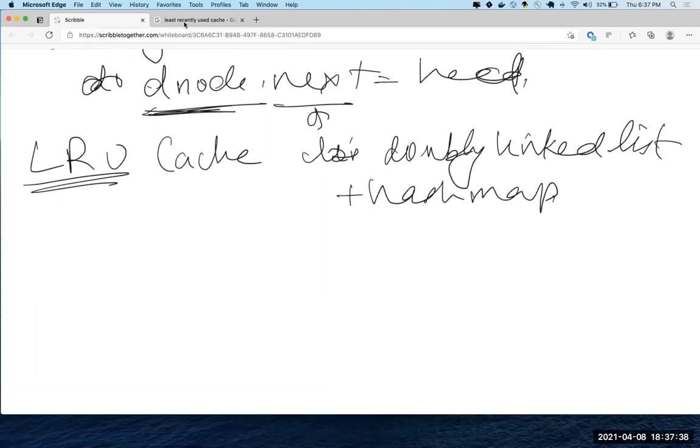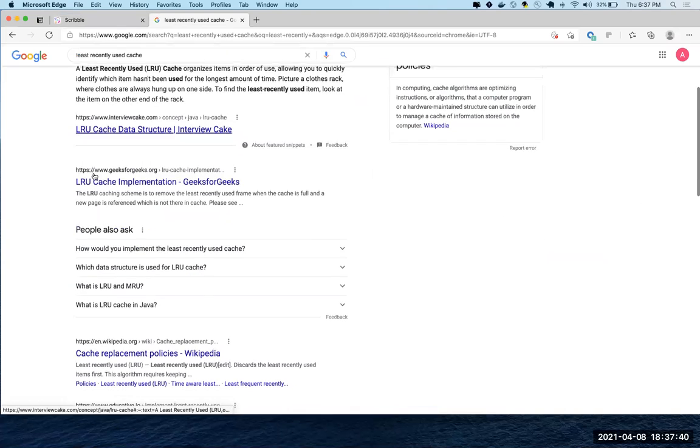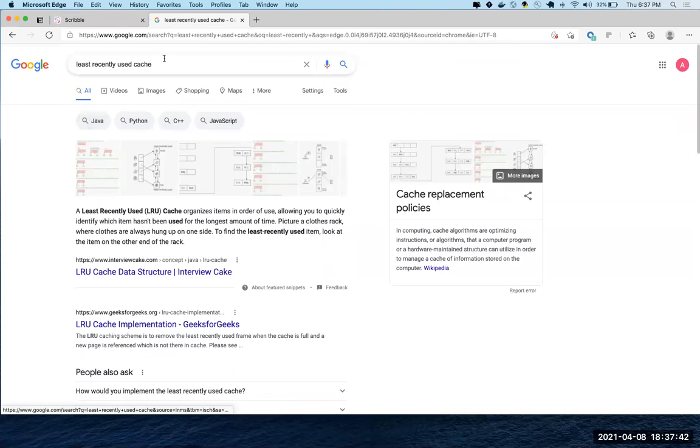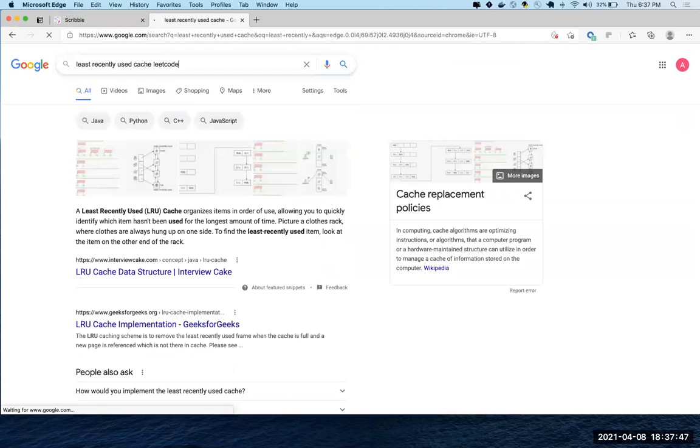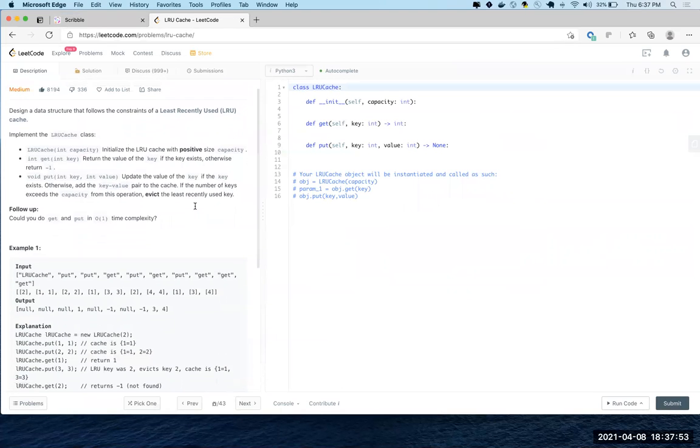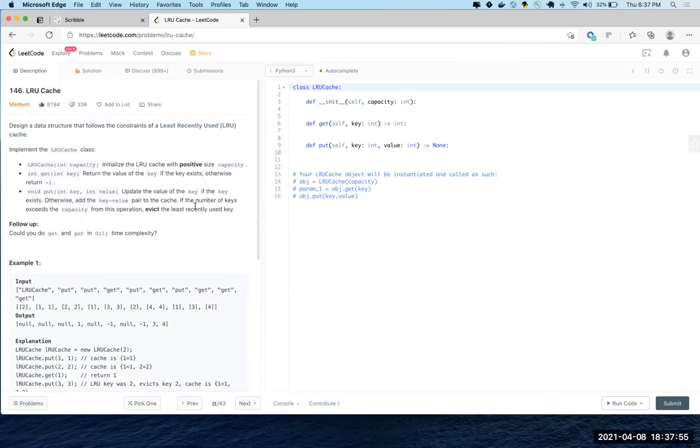Let me just find it out. Yeah. So this is the question. Design a data structure that follows the constraints of a least recently used cache. So you'll be given some properties. For example, your cache is of length 2, or let's say length 5.